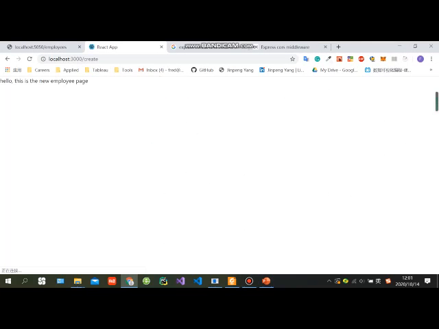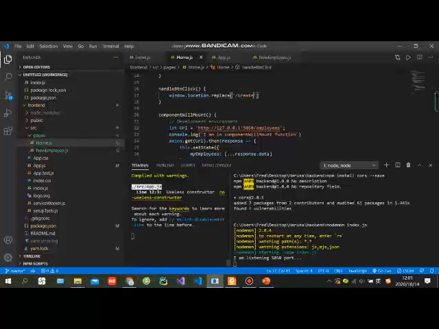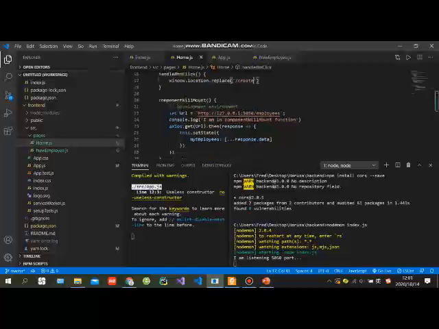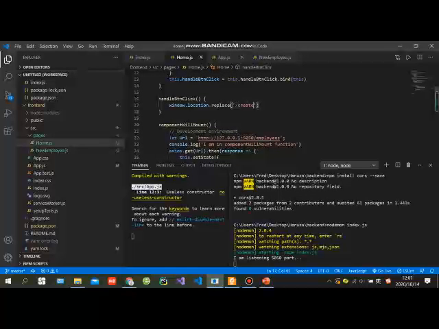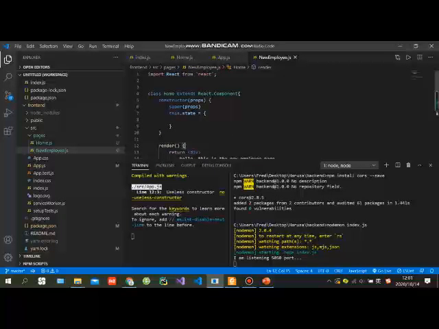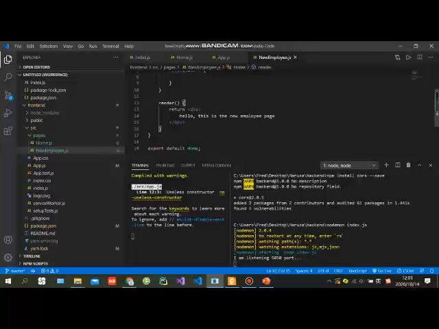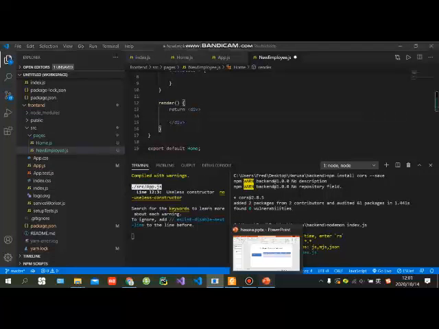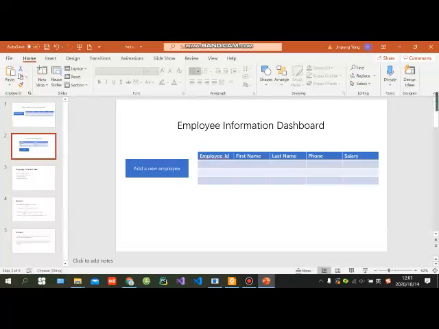So now once I click it, okay, it goes to this page, and in this page, okay, hello, this is the new employee page. Cool. And this page is what I'm going to do next. It's in the new employee component, and in this component, it returns the content in this div. And now I'm gonna delete it and add the forms like what I did in the